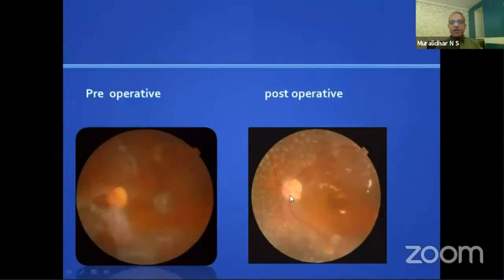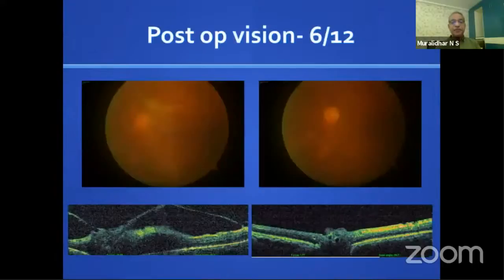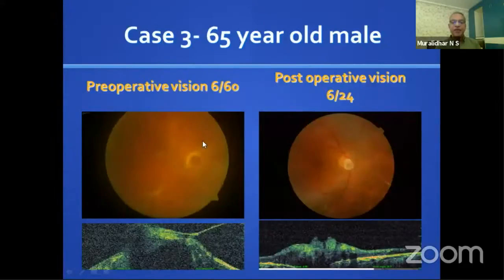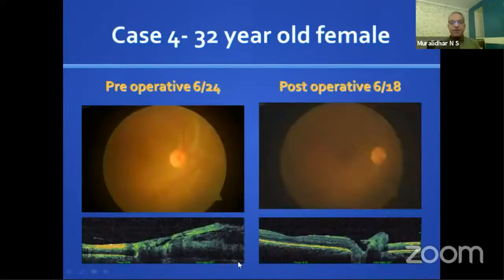This was a post-op picture, a small stump left on the disc. Patient's vision improved to 6/12, and in the last 7 years of follow-up, patient has maintained the same vision. And subsequently, we started noting the vitreopapillary traction entity more and more. These are some more examples of patients, with pre and post-op pictures of vitreopapillary traction, having undergone surgery. And you can see that we have left behind the stump on the disc and relieved the vitreopapillary traction. Look at the pre and post-op OCT of these patients.